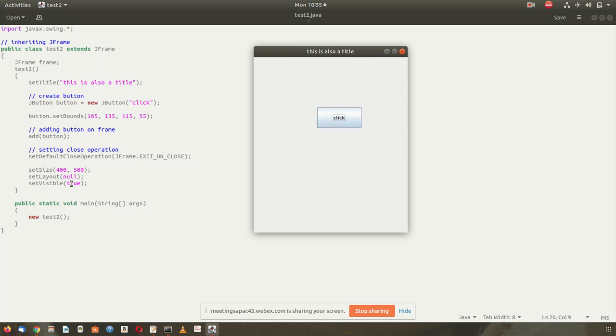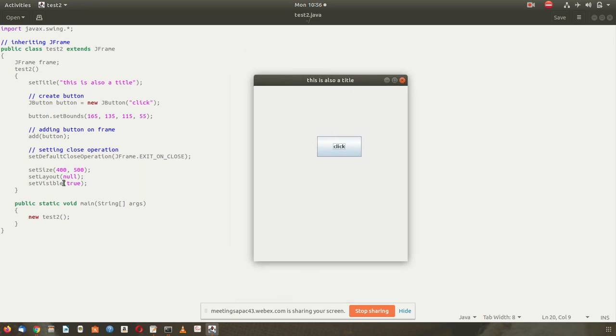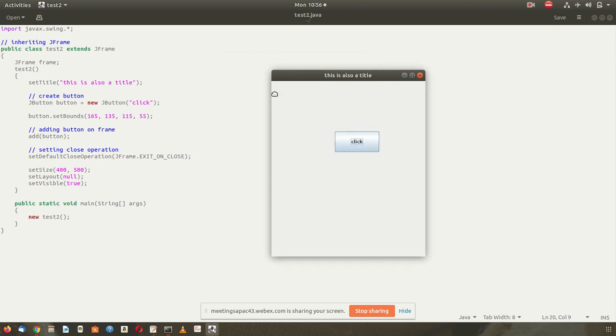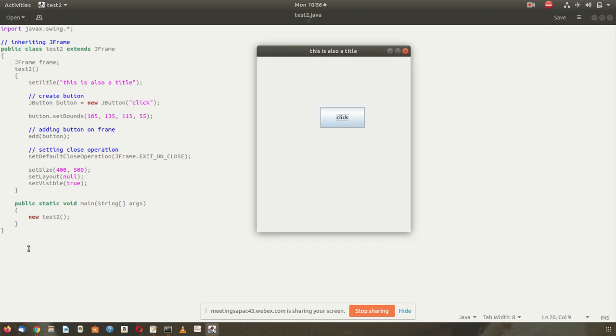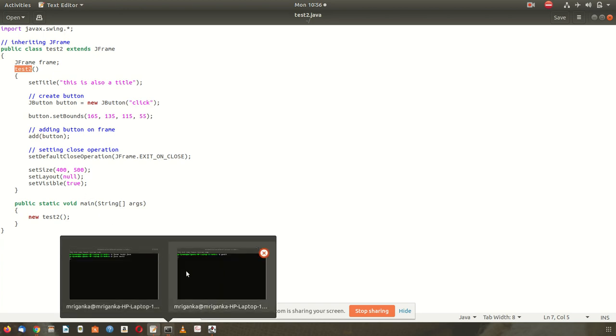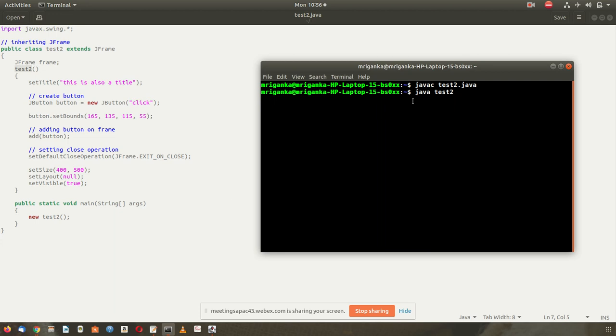And setVisible true. SetVisible true means this particular frame will be visible to us. If setVisible is false, this window will not be visible. It will be there in the system, but it will not be visible. Then finally the main function, test2. So this constructor will be initiated and this frame will be shown. When I run this program, java test2, this main program will